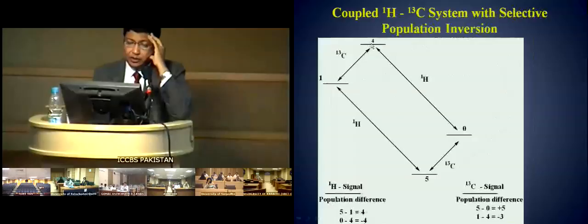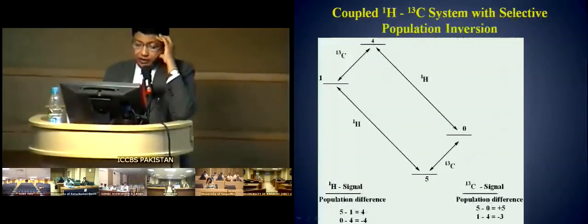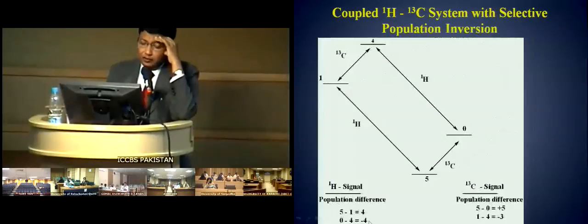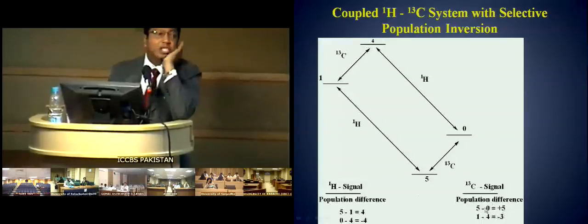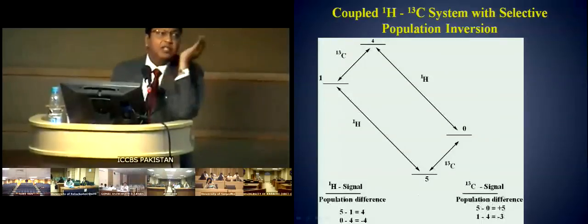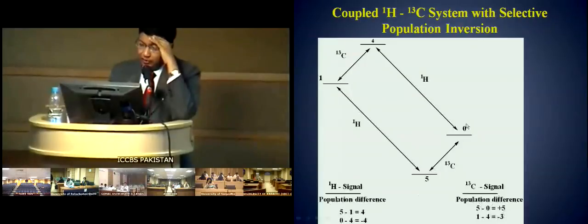When you have 4 transferred to the highest energy level and 0 on a different energy level, the difference for the proton would be 4 minus 4, because you have inverted one of them, right? And the carbon-13, which shares the population polarization with the proton, would be plus 5 and minus 3. Is there any problem with this? It's so easy, right? It's very easy, because 5 minus 0 is plus 5, and 1 minus